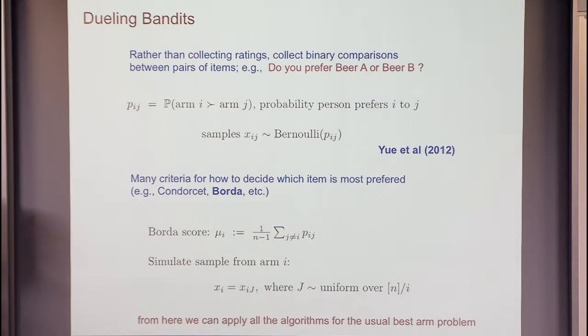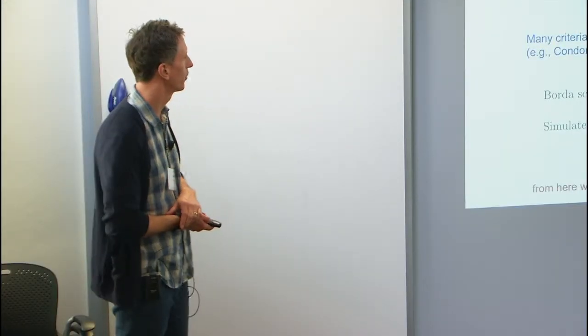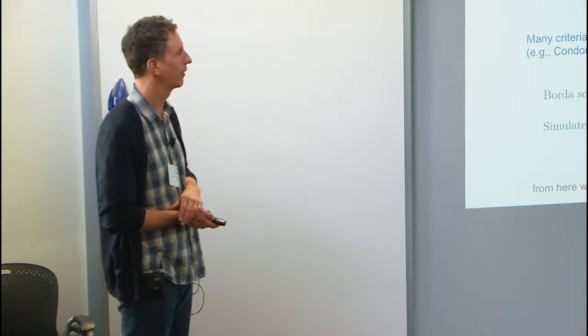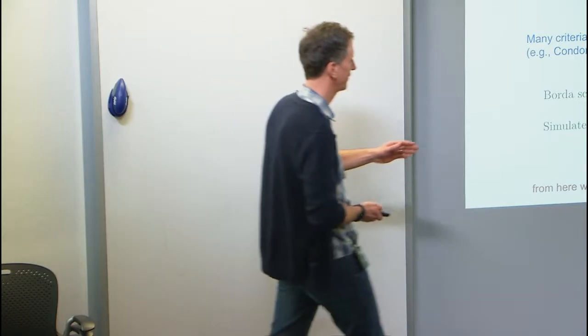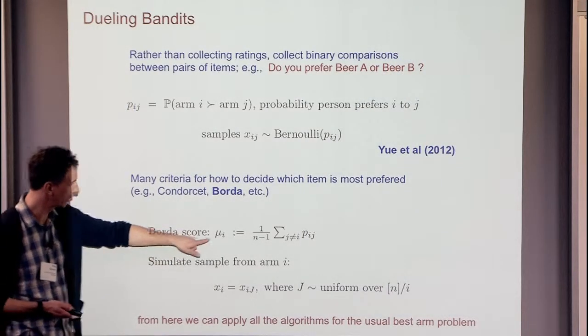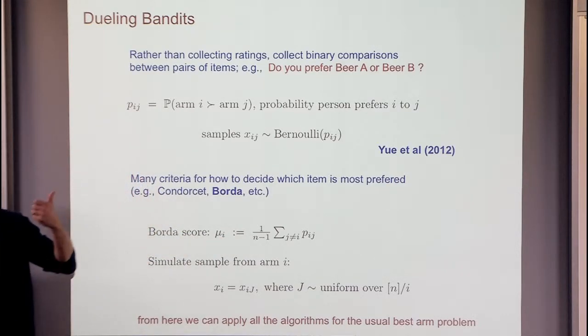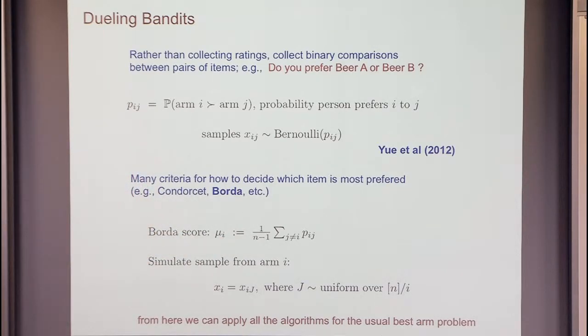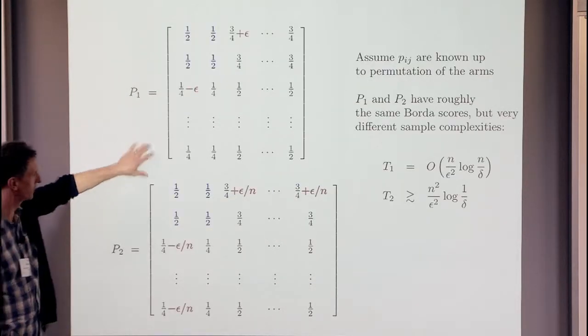So we thought, well, is that the end of the story? You just do this Borda reduction, and now we can deal with dueling bandits, at least under this Borda criterion, just using all the other things we already know about. And we started to wonder if that's really true. Is this the best we could do? If we want to find the Borda winner, which would again be the arm that has the largest score, which I'm going to call mu1 again, is this the best strategy, to do this reduction and just go from there? To think about that, I'm just going to look at two examples.